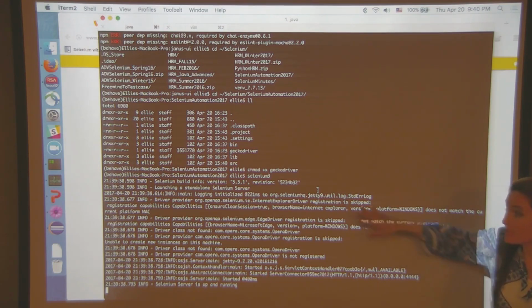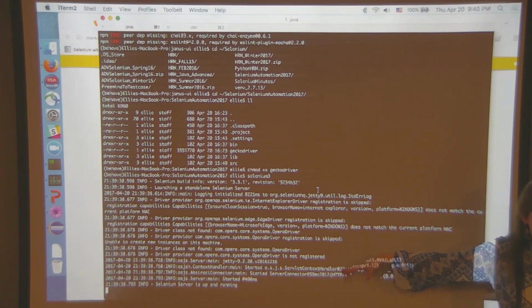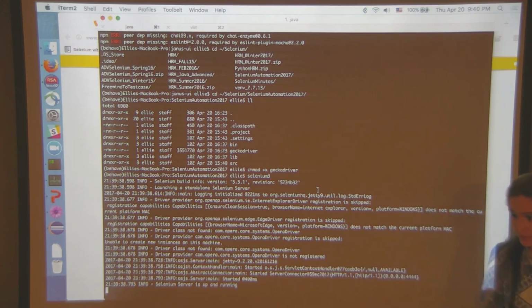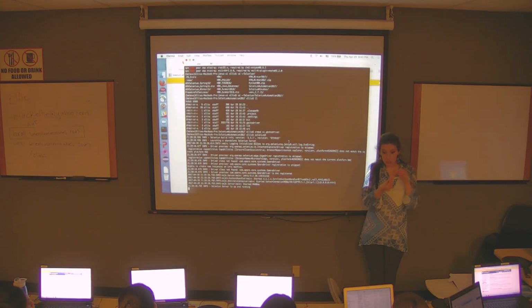So for example, if I open another window and try to start another Selenium server, it's going to try to occupy the same port, and it's going to say, oh, something is already occupying my port. It's going to be mad. Make sense? So why are we talking about all this? Now what happened is they bundled the client and the server together. Oh, by the way, when you have a server, you need a client to communicate with it. See how that works? The server would be booted separately, manually, just like I did. And then we would put the client into our project, and the client would talk through the server, through the tunnel, to the browser. Make sense? The server is the tunnel.